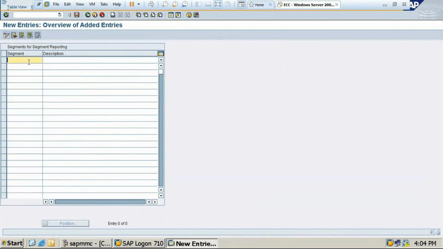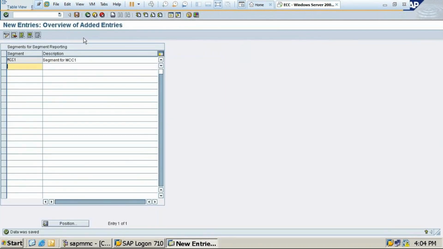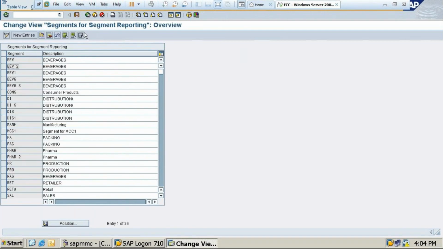So your segment will be MCC1, our company code, description: segment for MCC, then save. Okay, so this is how you need to save the data. Now our MCC1 has been created for the segment.